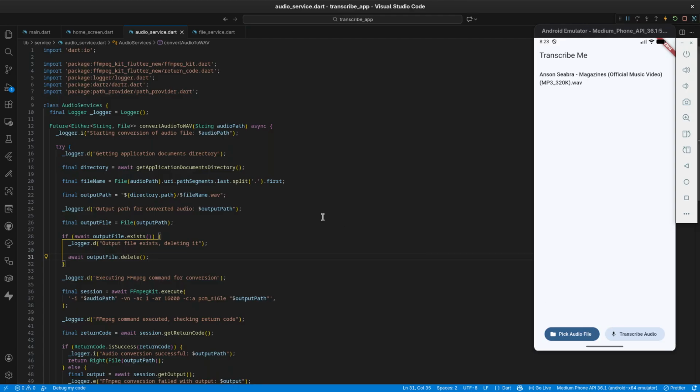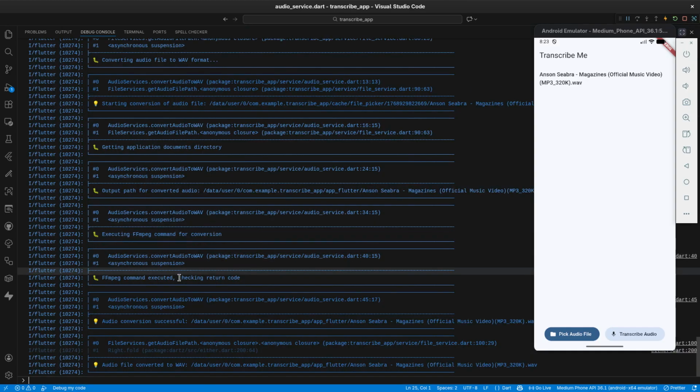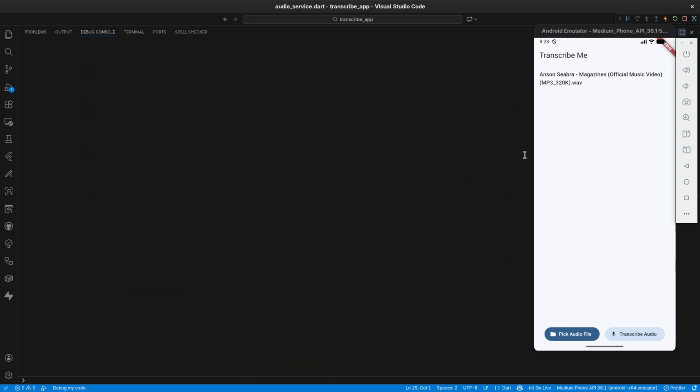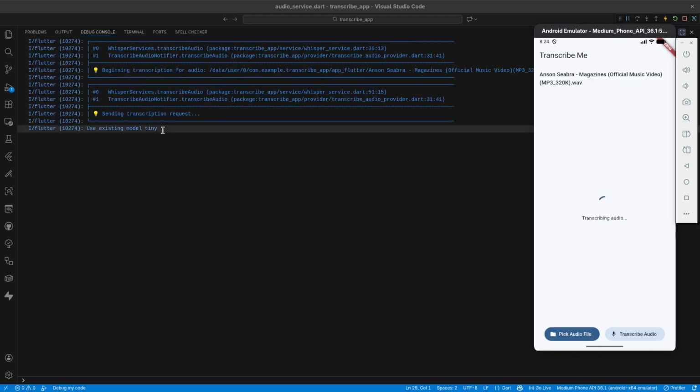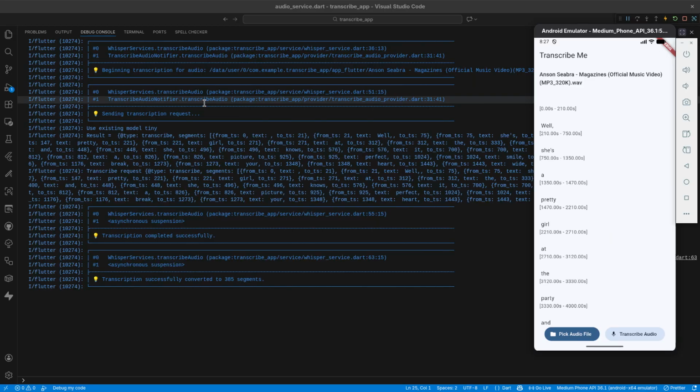Then let's test the transcribing. So let's see the logs. So here are the logs. Let's clean it up. Then 1 2 3 go. Okay, it's running. Let's see if it will do it right. It's a 4-minute audio file, so it might take long, but since it's the tiny model, it won't take longer compared to the base one. Alright, so the transcription was a success,